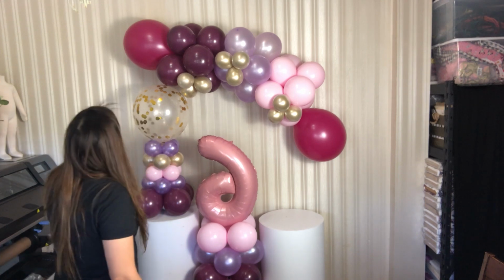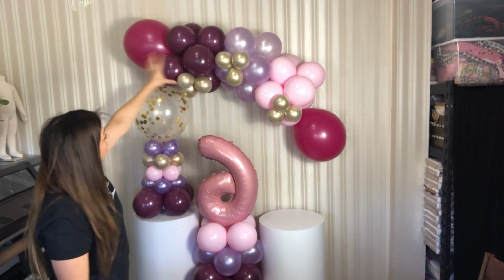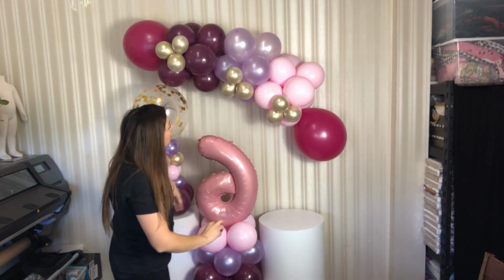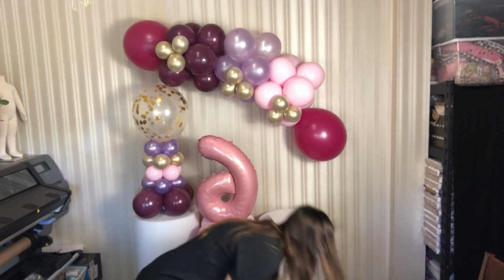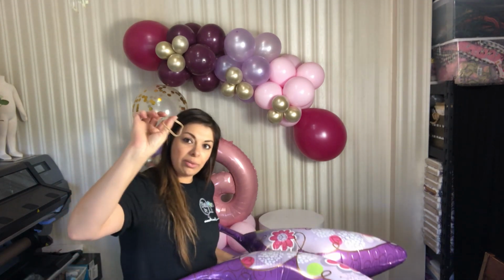Okay, and I kind of like the way this looks. This looks very pretty and organic this way. I could also move this up here if I wanted to and bring this back down how I originally had it. So that's looking very pretty. I like that. And now I want to add my butterfly balloon, which is this. I'm going to try it with a